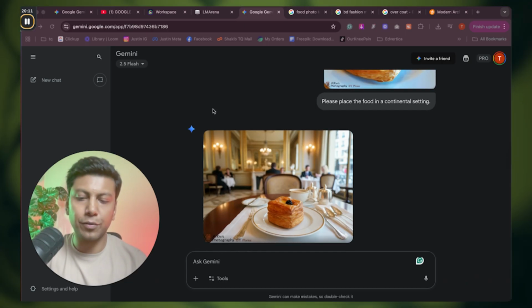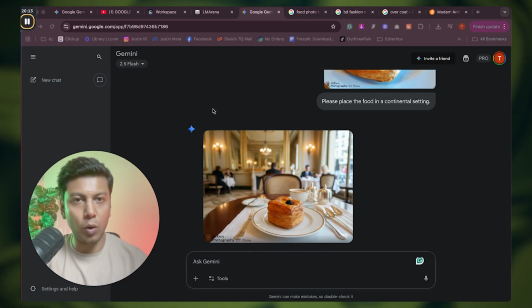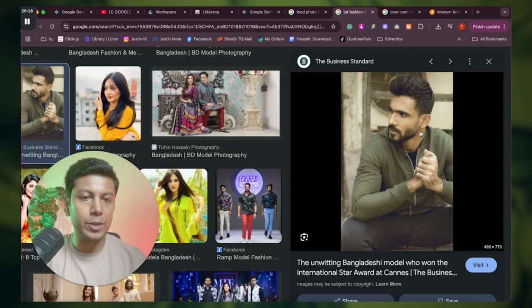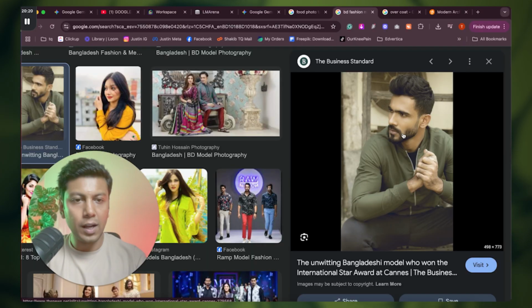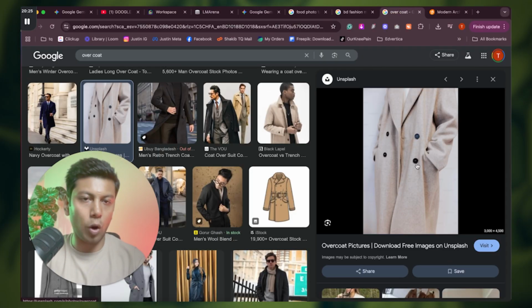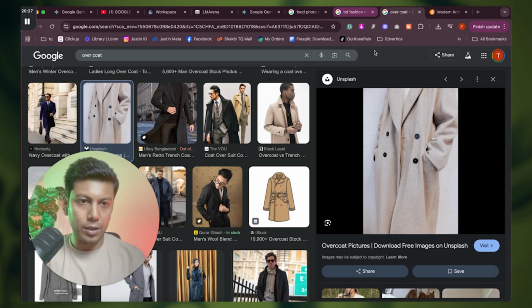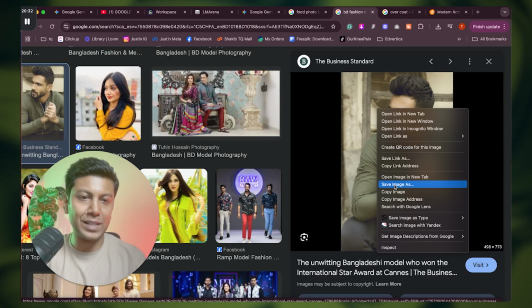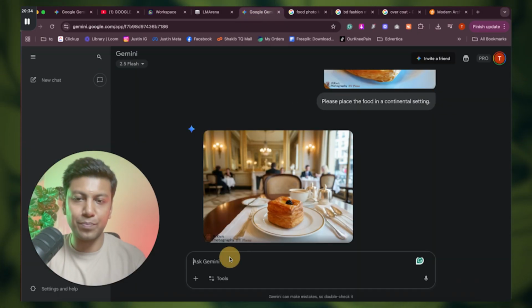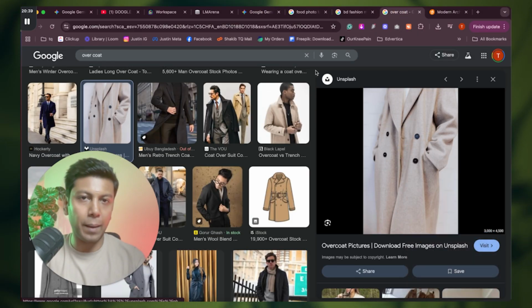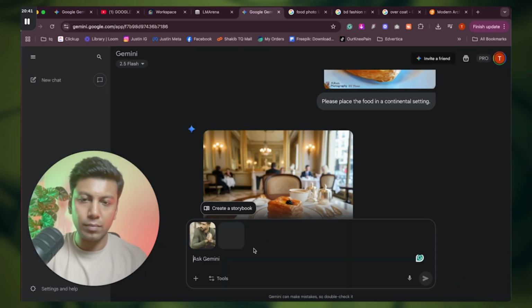Now it's the turn for people who are in the fashion or e-commerce industry. For example, you have an image of your model from your previous photography for your clothing products, and this is a new stock that arrived in your store. Now you don't need to rehire this model. Rather, you can upload the image into Gemini and also the image of the new product, and ask it,